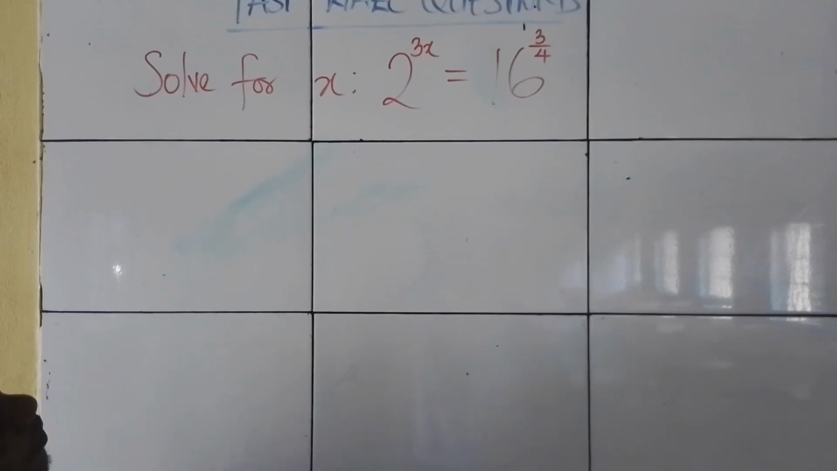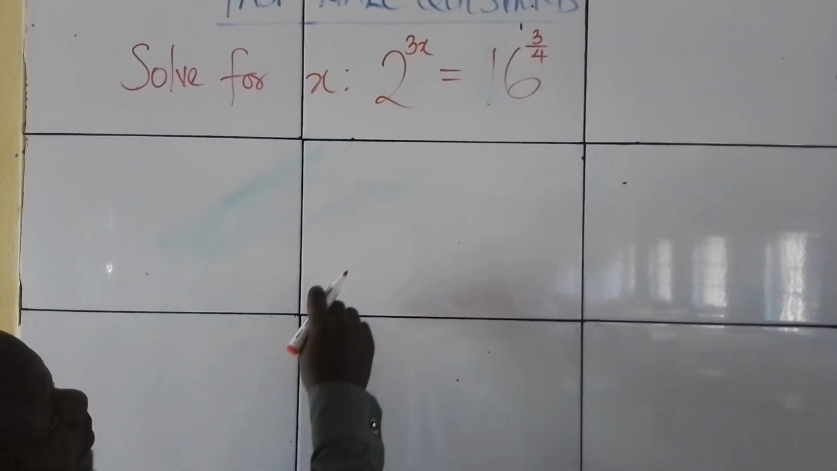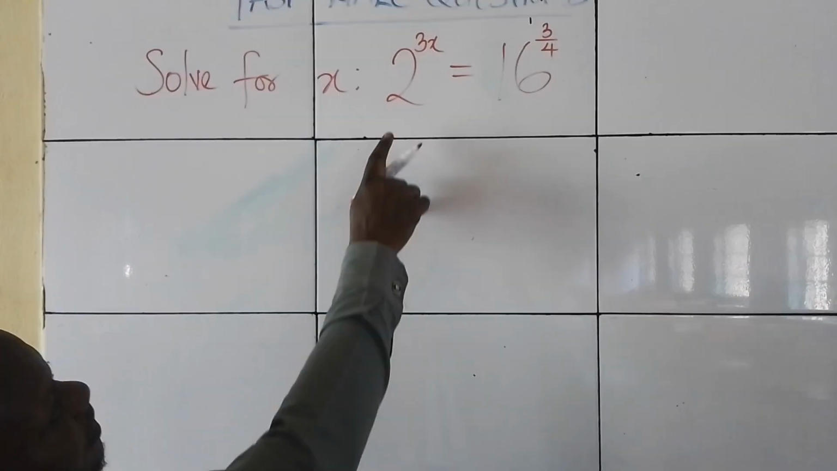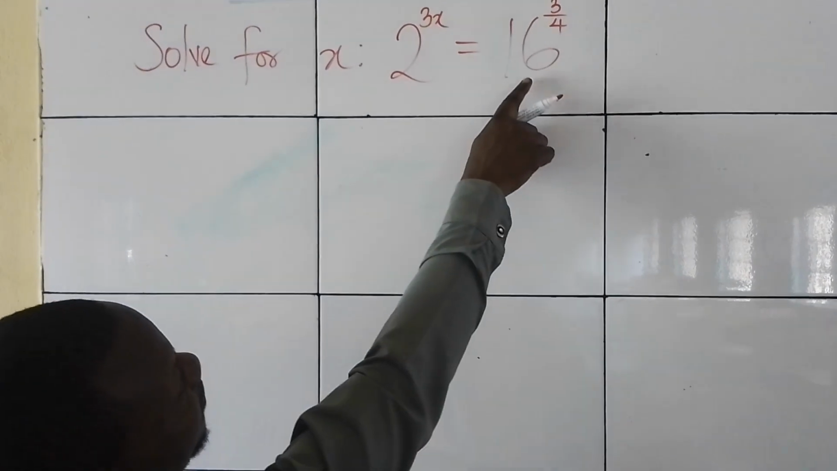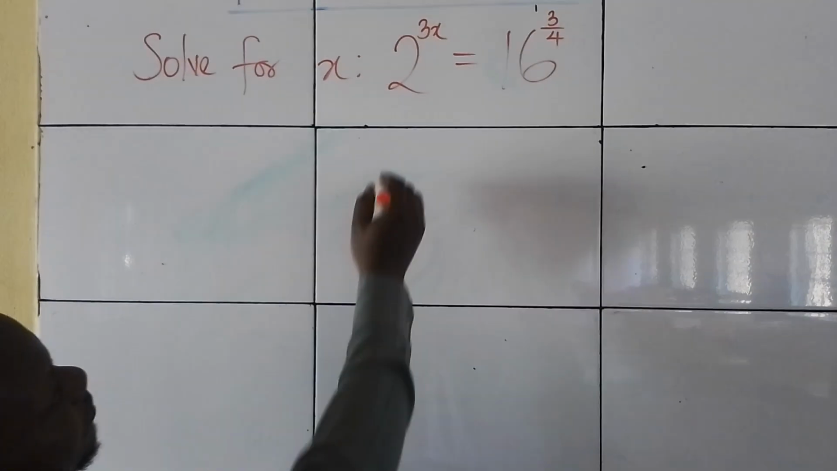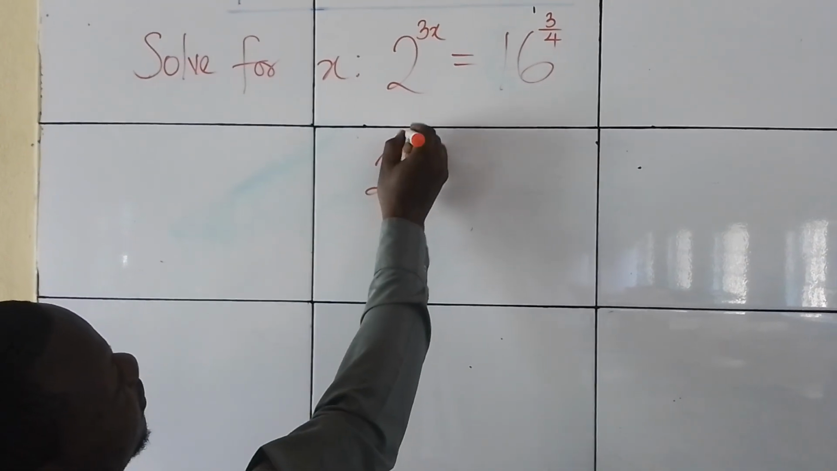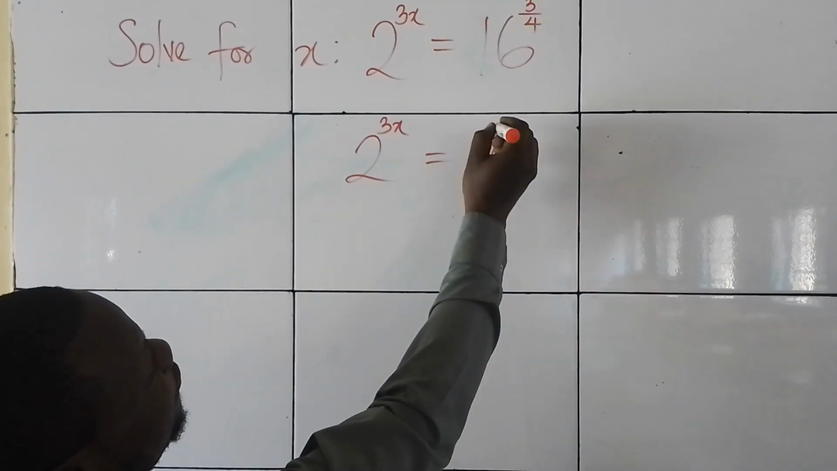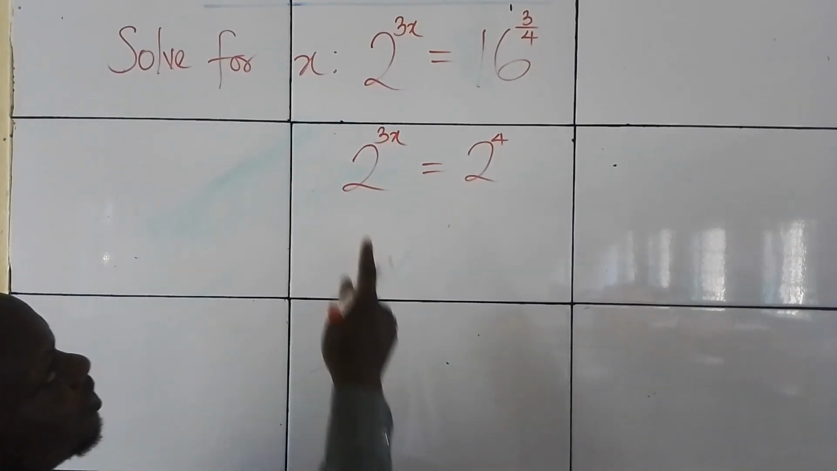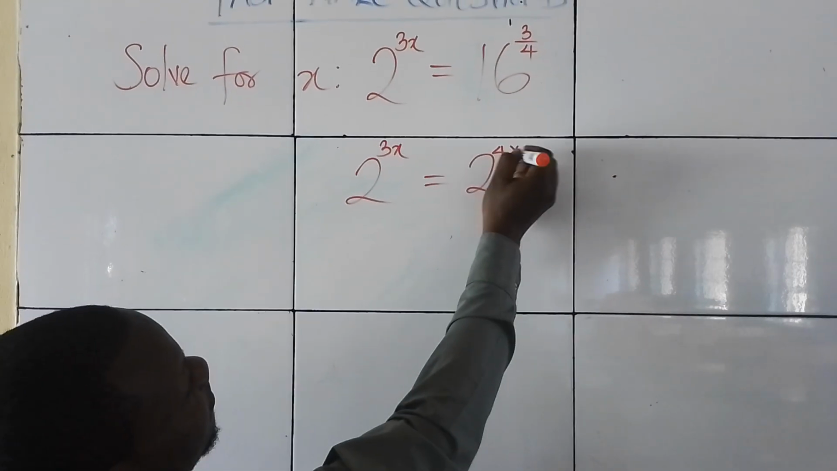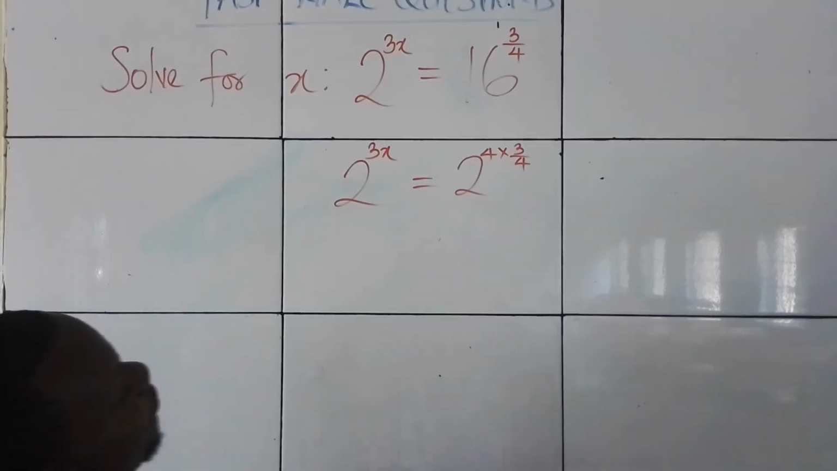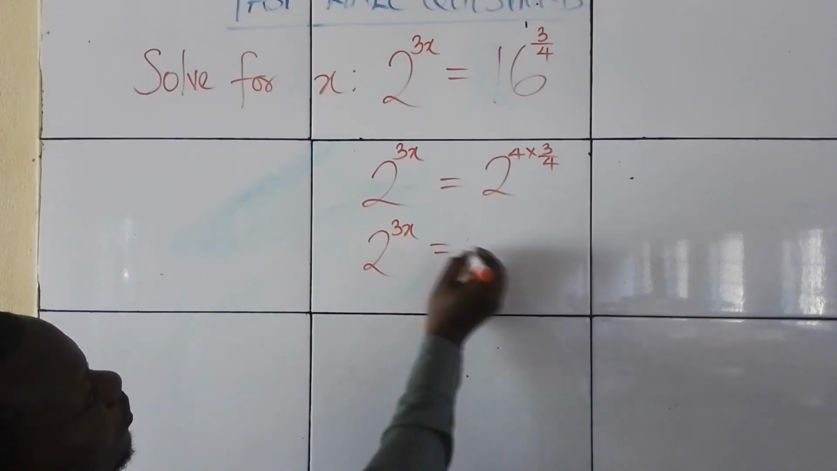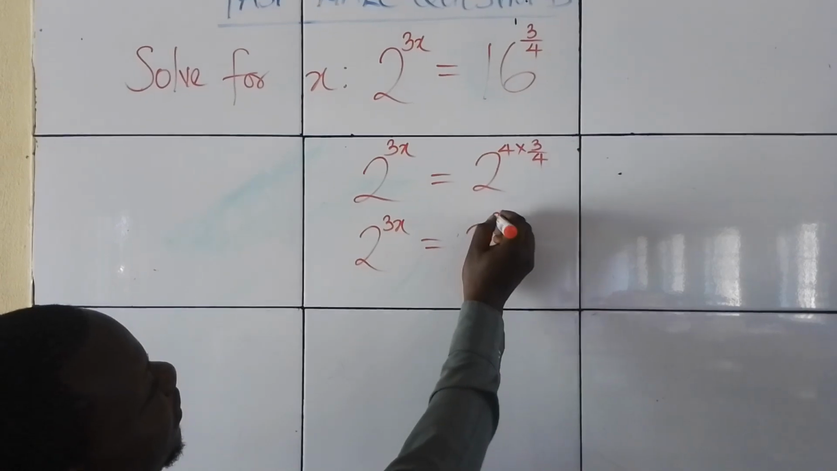To solve this type of question, the first thing to do is to make sure that you have equal bases. In this case, the base here is 2, while the base here is 16. So the first thing I'm going to do is to say 2 raised to the power of 3x equals 2 raised to the power of 4. That means 2 in 4 places will give us 16, times 3 all over 4. So now we have 2 raised to the power of 3x equals 2 raised to the power of 3